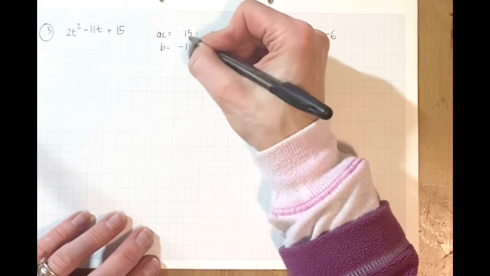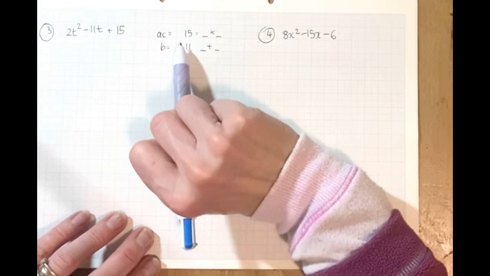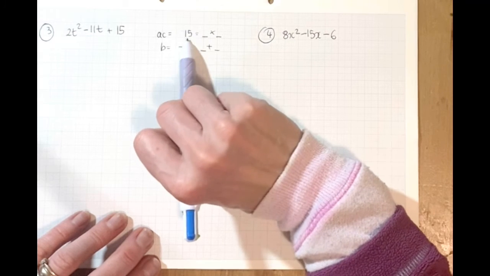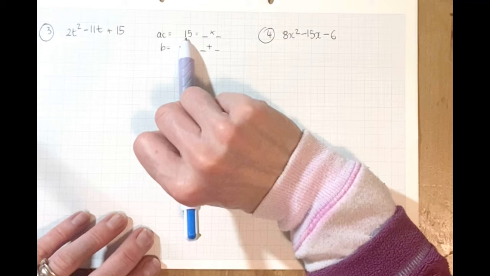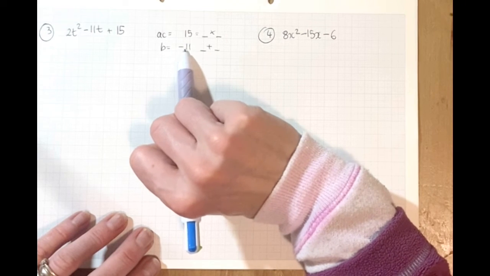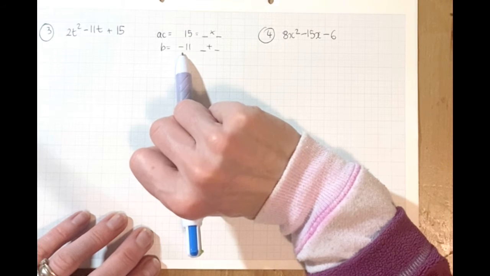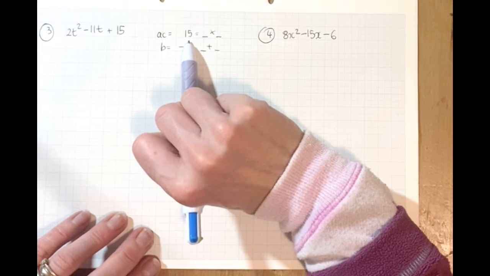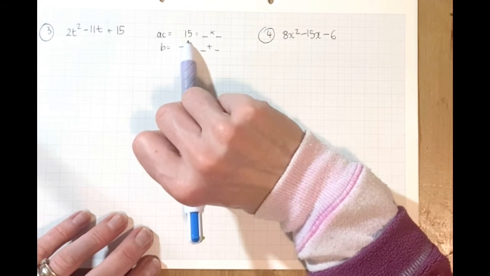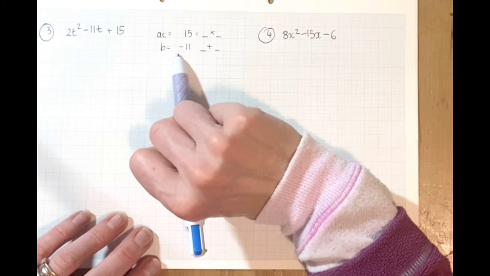So I'm thinking about two numbers that multiply together to give me 15 and add up to -8. Again, for the two numbers to multiply to give me a positive 15, they are either both positive or both negative. Since they add to -11, they must be both negative. So think about how you can make 15. So you can do 3 times,